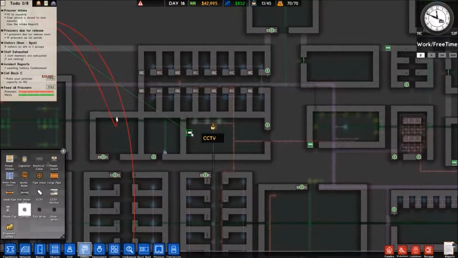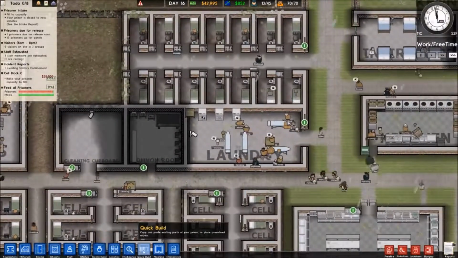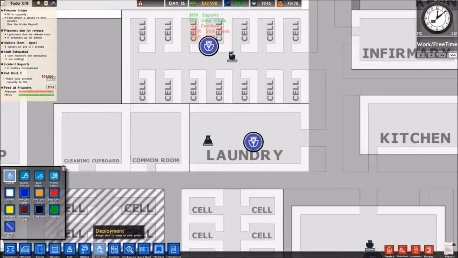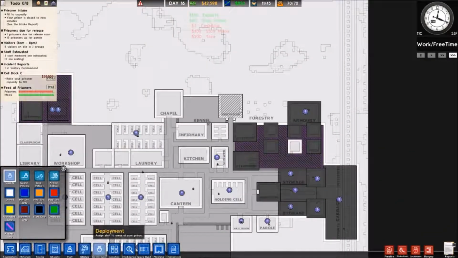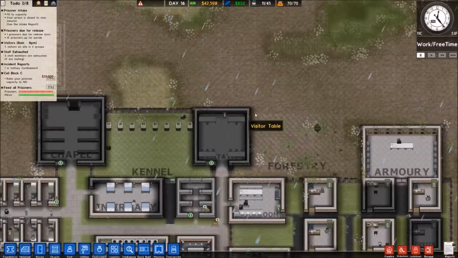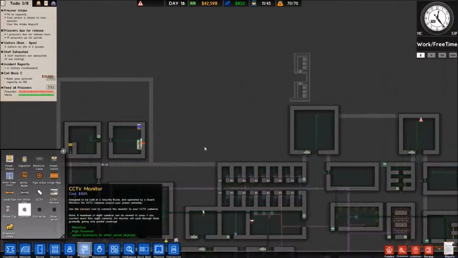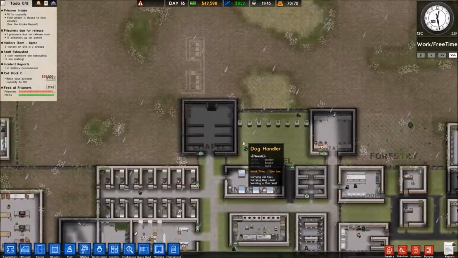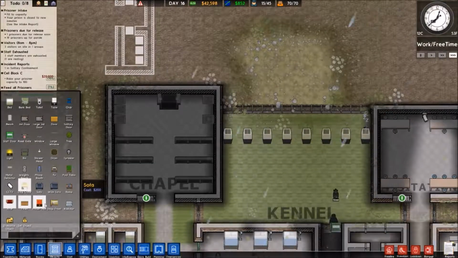And now we'll have cameras in several important areas that we no longer need to keep guards deployed in, which will help save up on manpower. We should keep someone in the... You know what? No, we don't. That's right, we have that camera there. We don't need to keep one person there. Let's connect this to here. That works. And we should also keep an eye on the chapel, just in case.